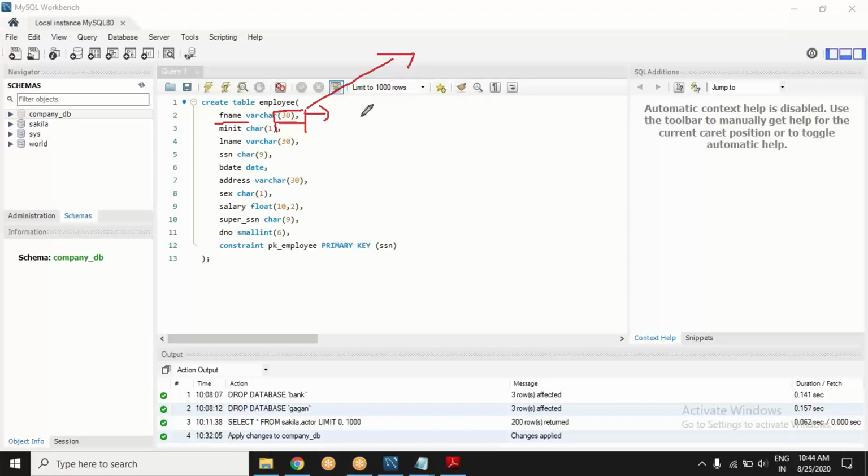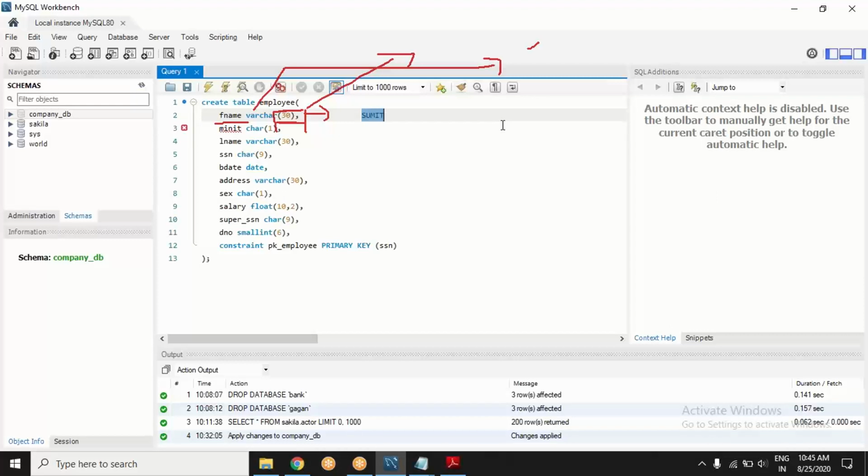Where does it help? It helps in memory, when this variable occupies memory on the database. Suppose there is a first name of length, say somebody is Sumit.